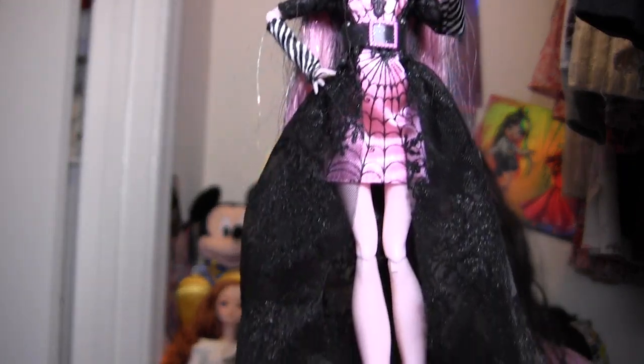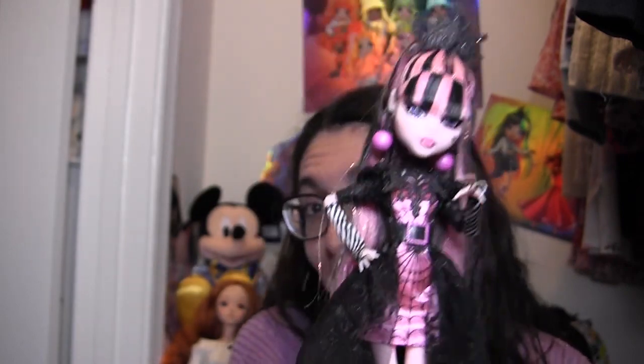Gorgeous, gorgeous, gorgeous. At number 6, we have Holiday Draculaura, the first Monster High doll on this list, and she's a little lower down than some of the other Monster High dolls just because of some of the finishing elements, like the lack of hemming on her cape and the lack of design on the back of her dress. But I do really love the fusion of gothic and holiday elements in her design. I love that they used a G1 face sculpt and that they're really doing both G1 and G3 to satisfy